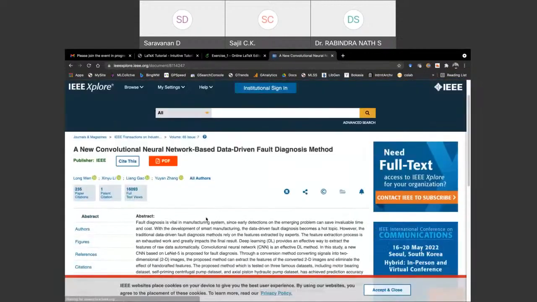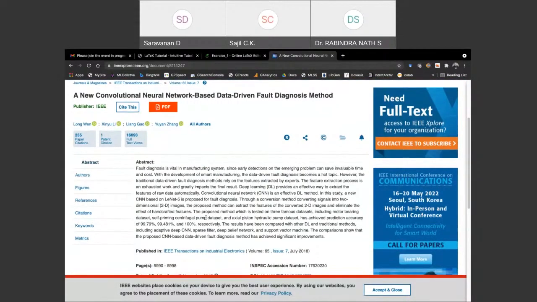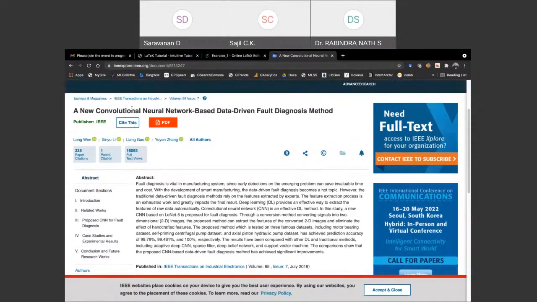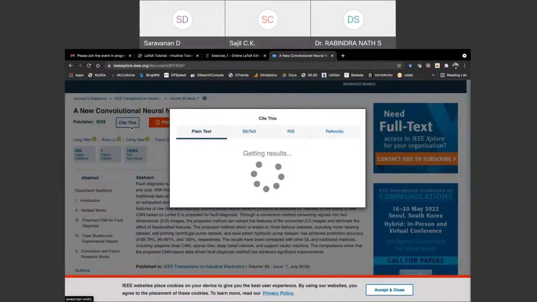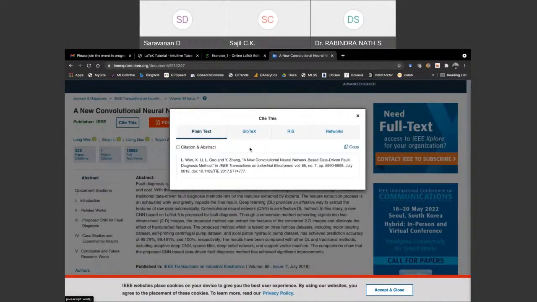Yeah, so you need to collect this information. There is one option called cite this. In IEEE Xplore, it is shown like this. But in any other journal, there will be an option like cite this, or extract the citation information, or get the BibTeX file; some option will be there for sure.